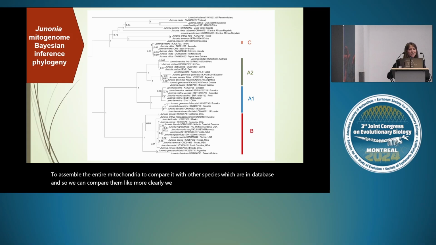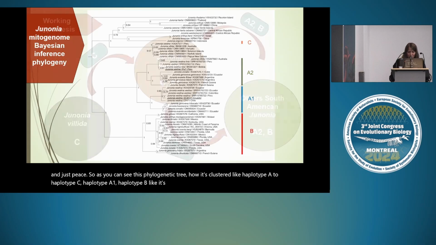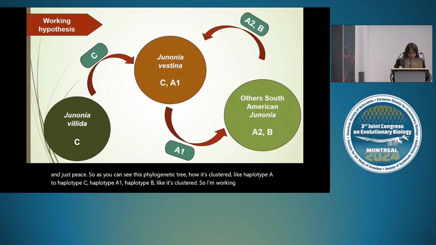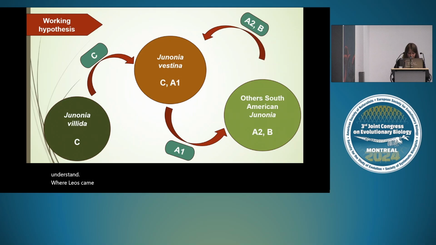We can compare what is different. It gave us a better understanding, a better picture, because we could understand the whole mitochondria, not just a piece. So as you can see in this phylogenetic tree, it's clustered into haplotype A2, haplotype C, haplotype A1, haplotype B. Our working hypothesis is to understand where the alleles came from, and we know that there are